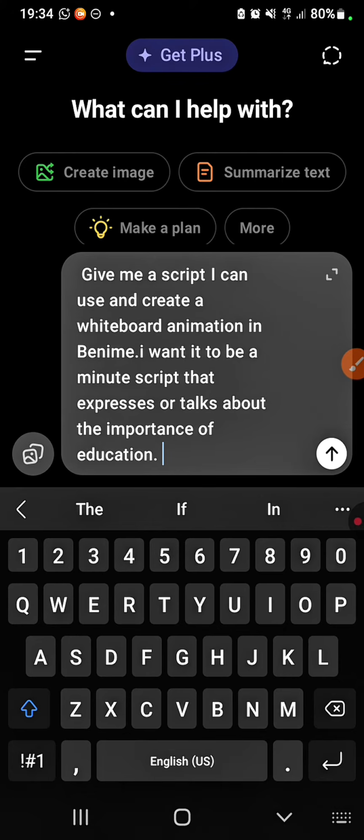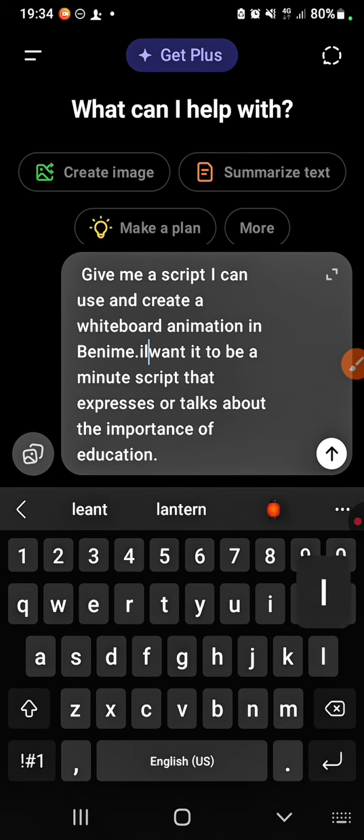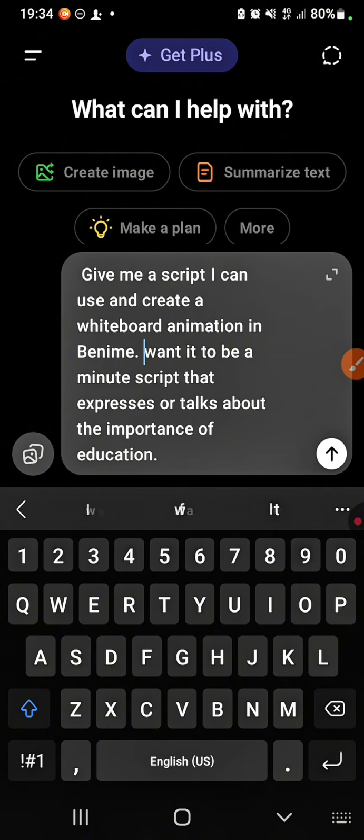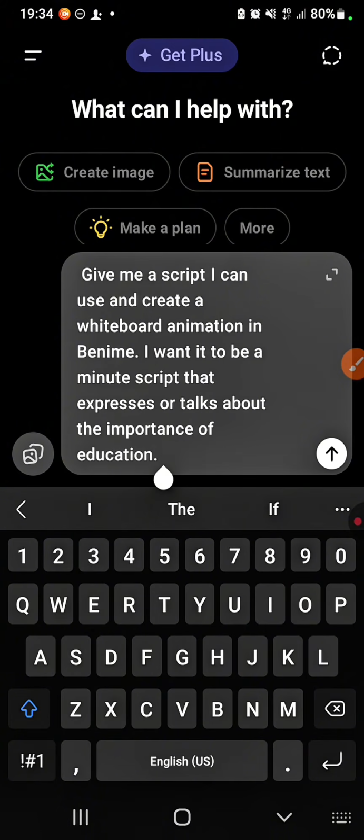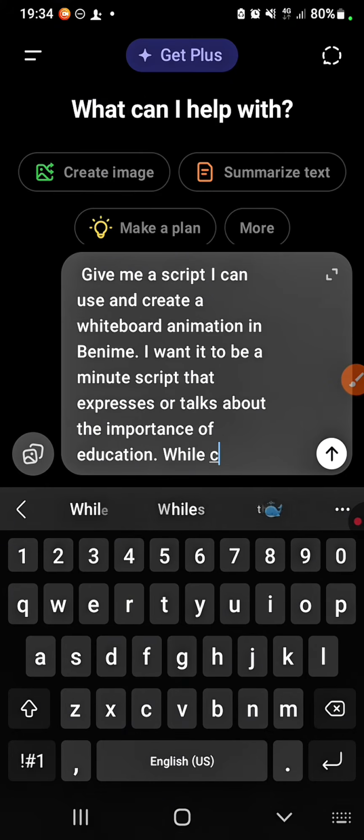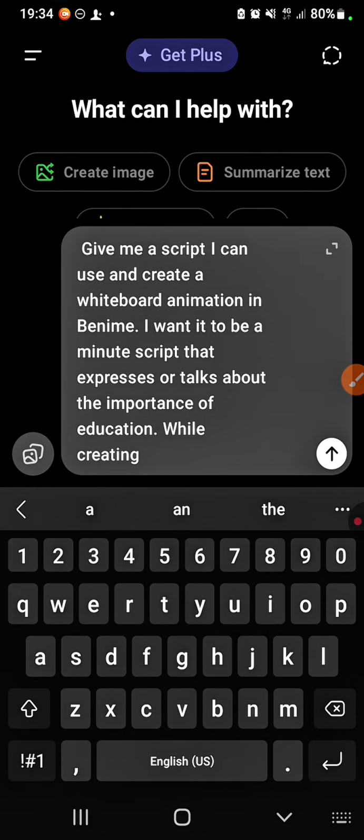You can then tell ChatGPT what you want your creation to be all about. Do you understand? I'm just writing this stuff as an example. So then you tell ChatGPT, once you're done telling it to give you a script, then you tell it how many minutes it will last. Then you tell the GPT what you want the script to be all about. Now it's time for you to tell ChatGPT while creating the script,